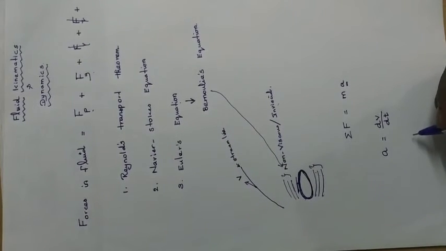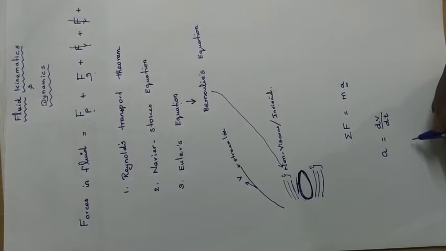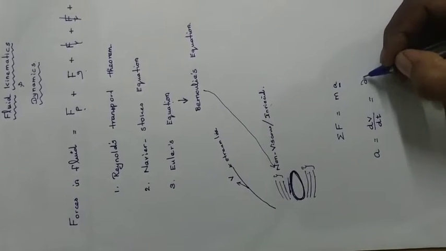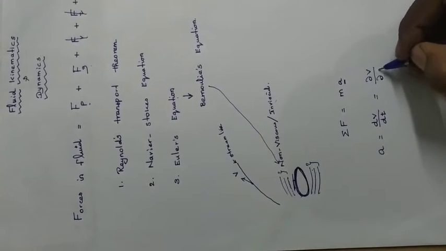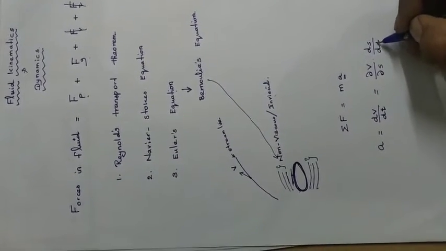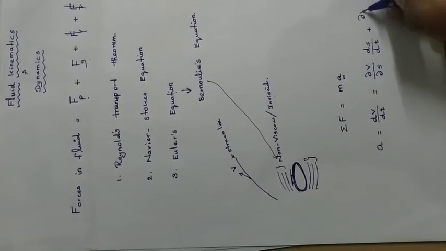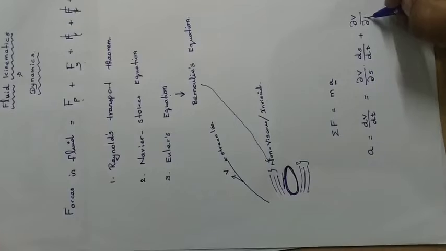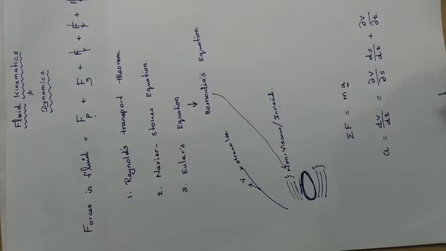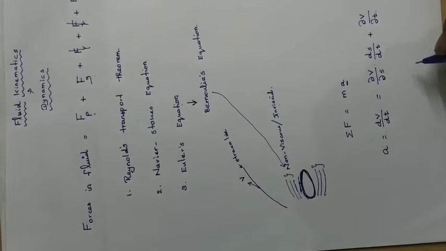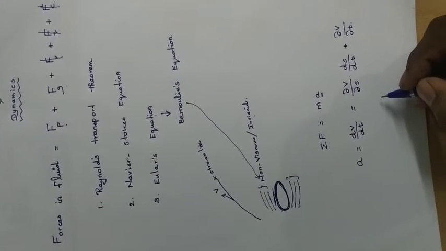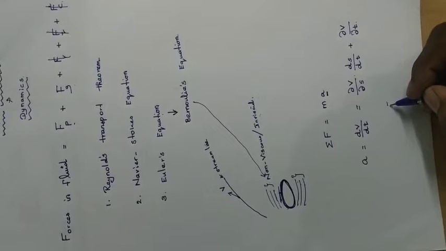Or else we can write it like this: dou v by dou s into ds by dt plus dou v by dou t, right? So this will become